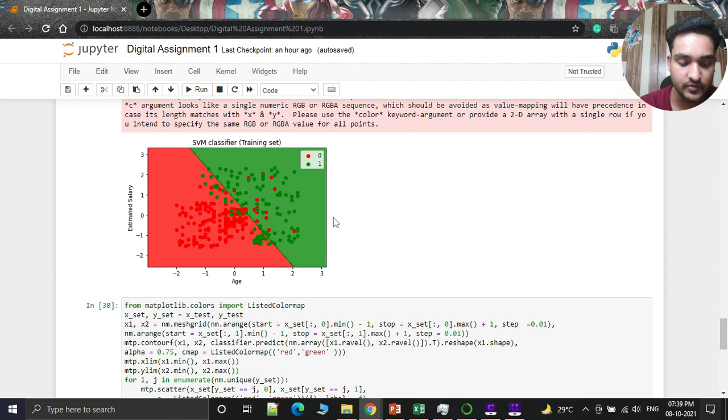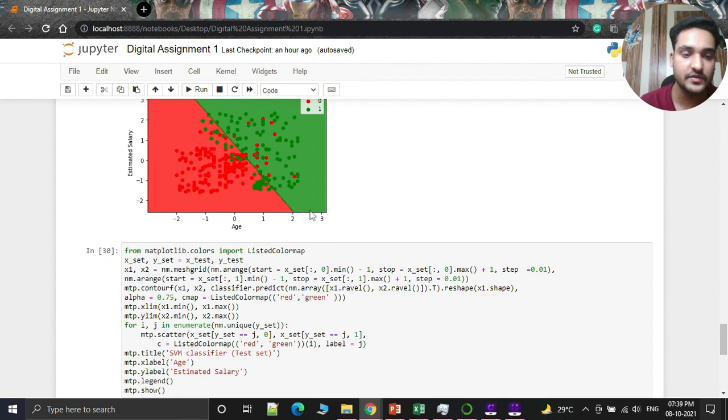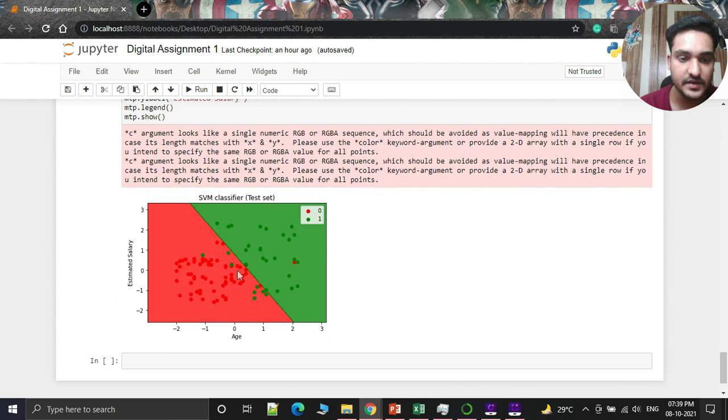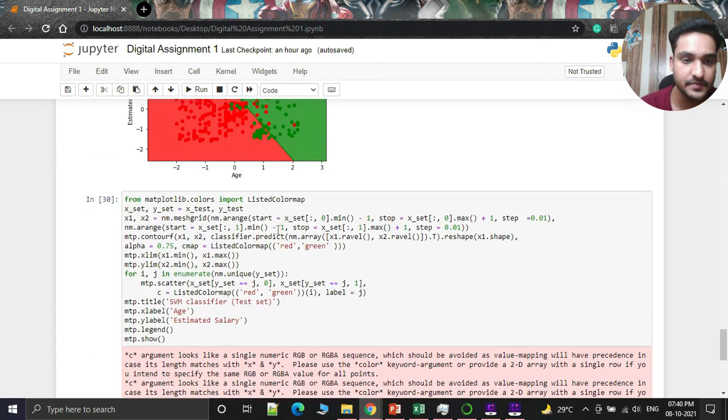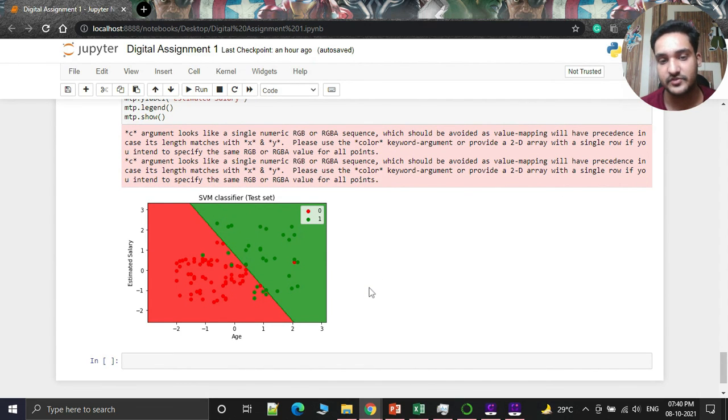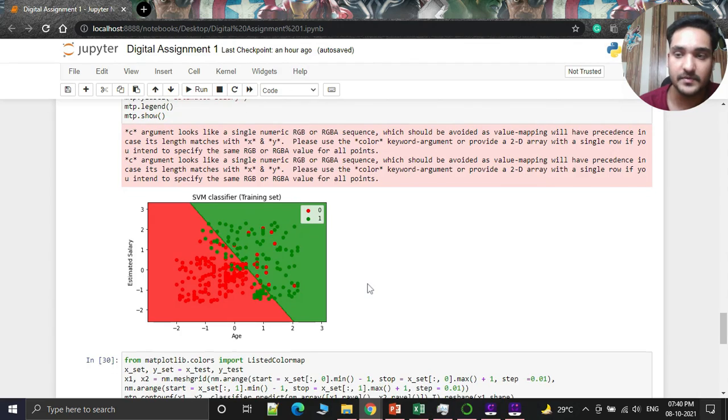Here we are going to implement the SVM algorithm which is specially designed for these kinds of data sets. After applying the SVM classifier, you can see that it has divided the complete data set between 0 and 1 according to the purchased category that I showed you in the data set, and it has divided these two categories with good accuracy. As you can see, there are only very small errors compared to the previous one. So this is where the SVM algorithm comes in and separates the inseparable data properly.